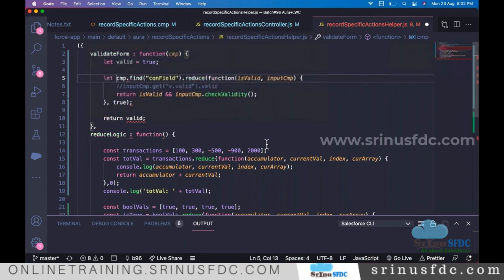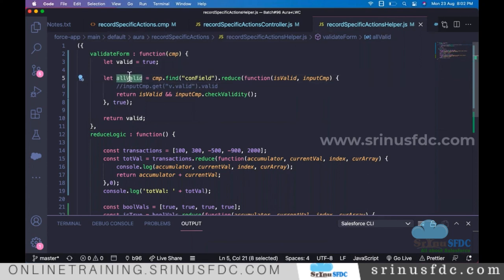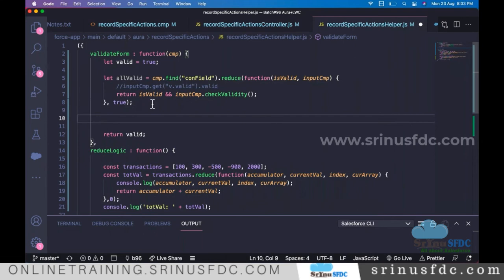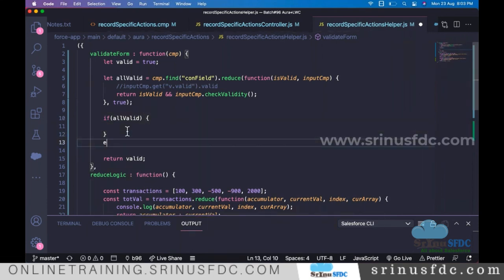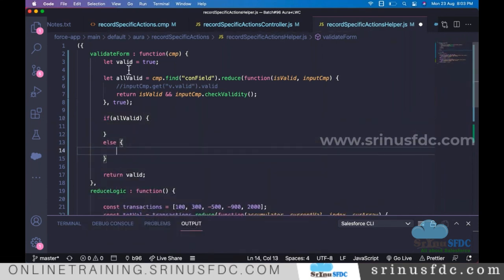So let's say here I'm defining a function, allValid, whether all the fields are valid or not. If all are valid, then only the result will be valid, right? And also here I'm checking: if everything is valid, it's fine, but if not valid, then I'll make this valid value false.